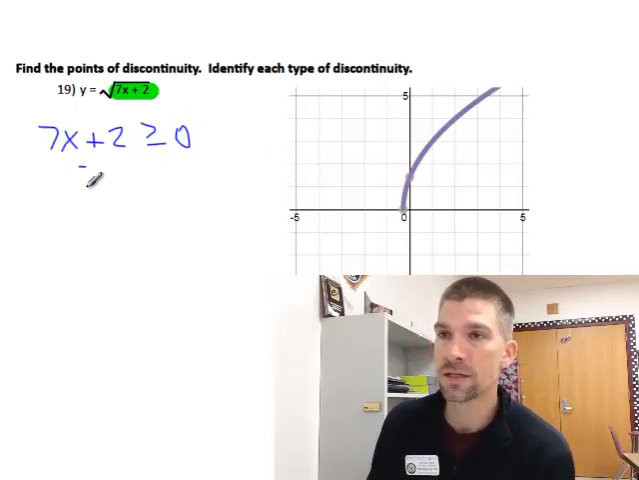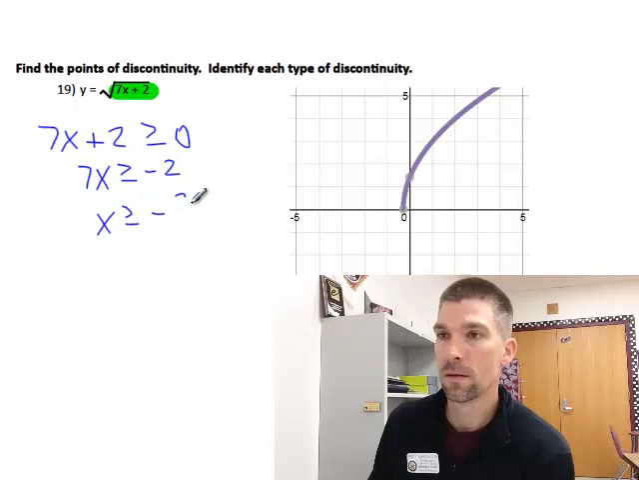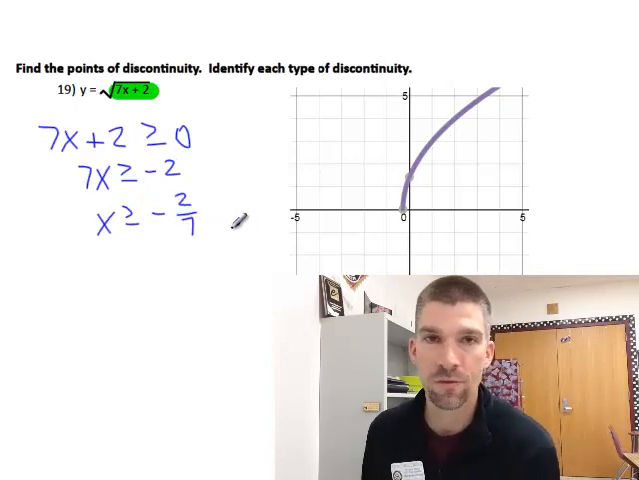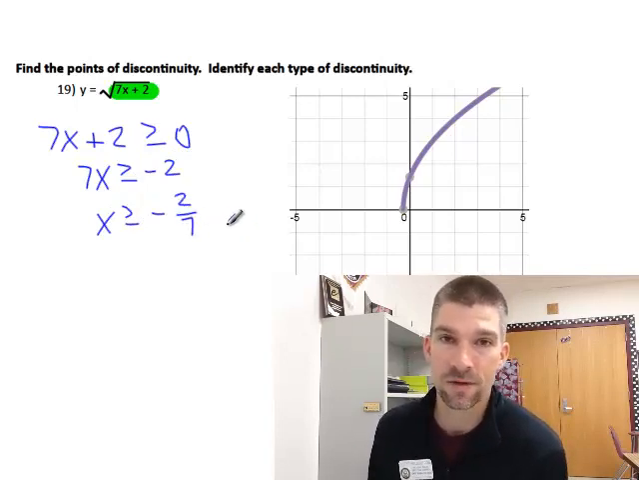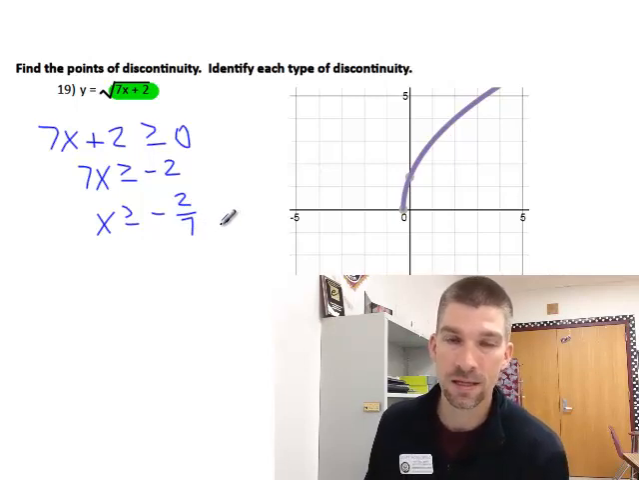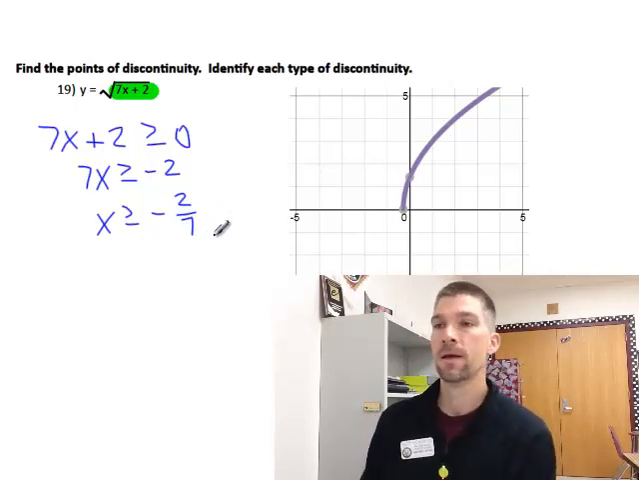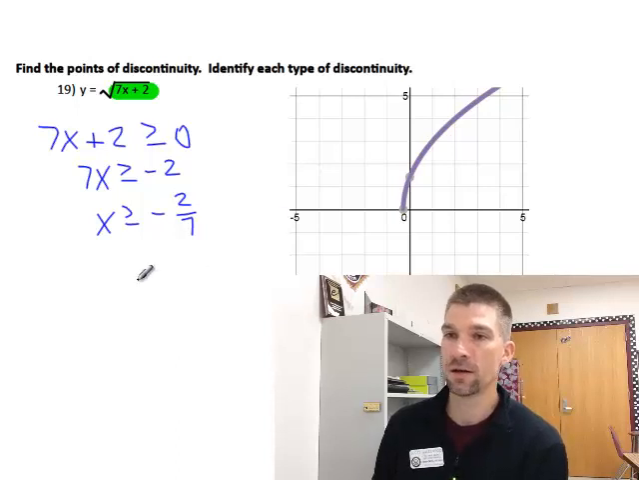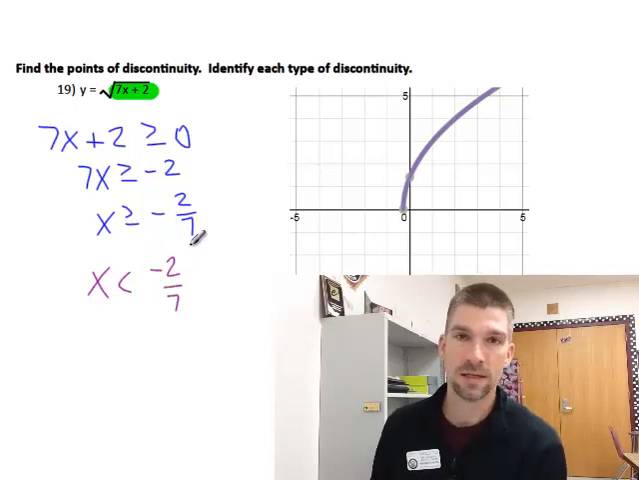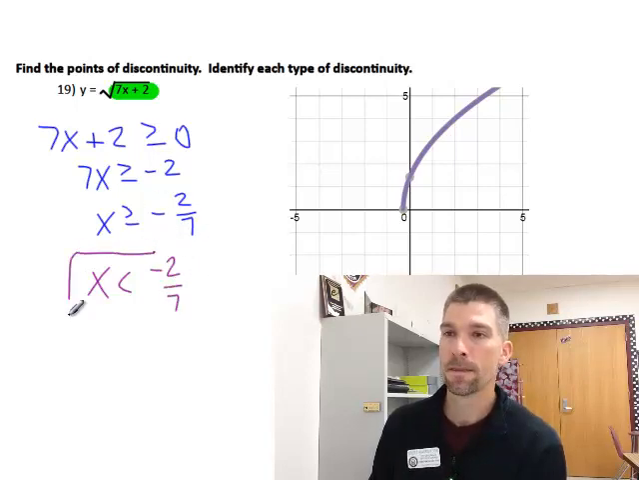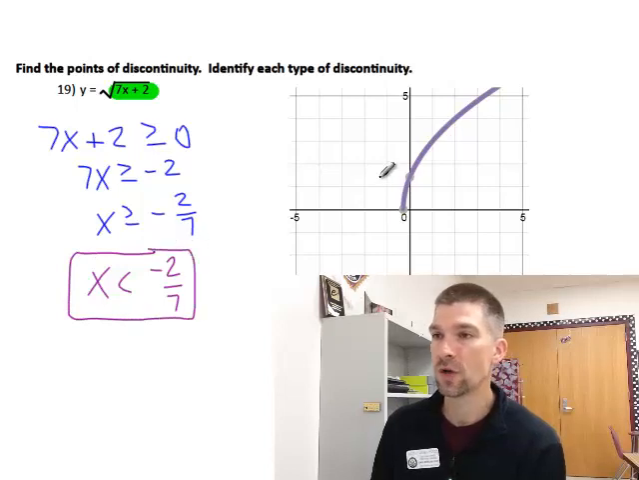So when I solve this out, this tells me all the possible values of x that I can put into this function and get an answer that will be continuous and in its domain. So if I just look at the opposite of that, everything less than negative 2/7 would be where I'm discontinuous. And I'm discontinuous because if I try and put a number in,